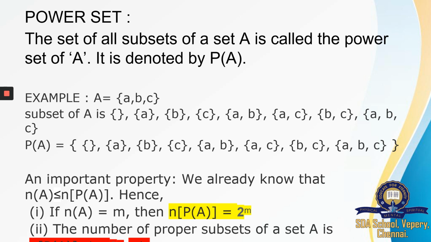All right, students. Now my power set is basically the set of all the subsets. So basically, you simply write the curly braces. That's it. You have to write it as a set. Whereas a subset is written separately without the flower brackets at the beginning and at the end, in a power set you enclose it within flower brackets. That's the only difference between a subset and a power set. Okay, so this is a very important property.